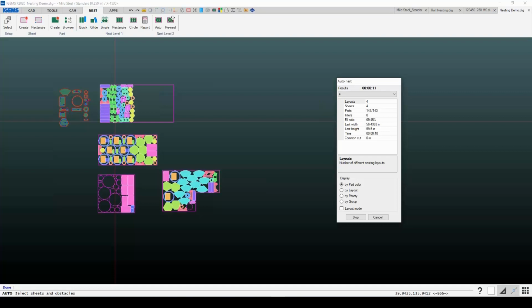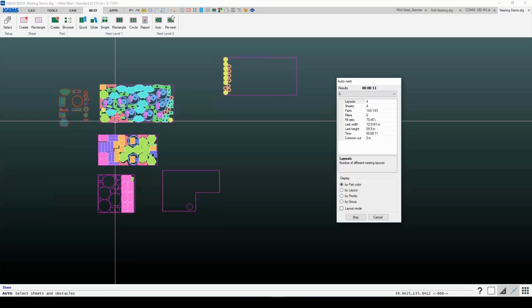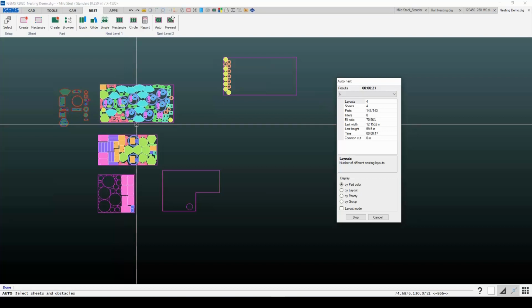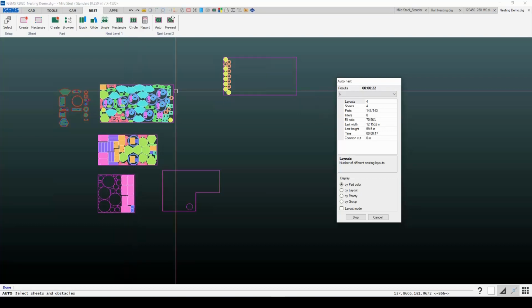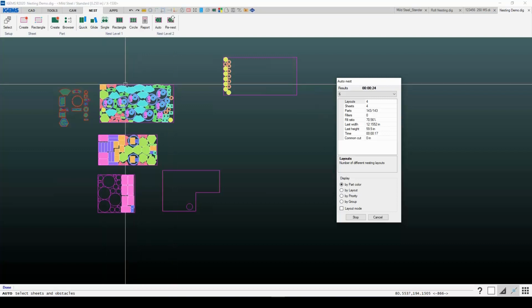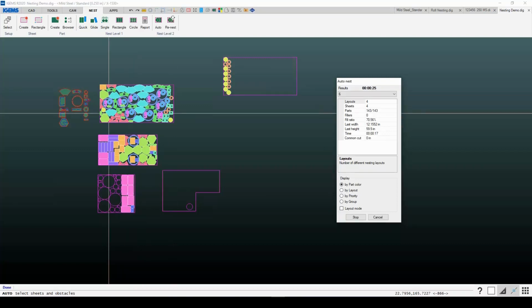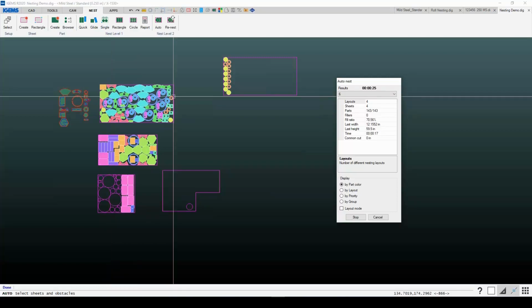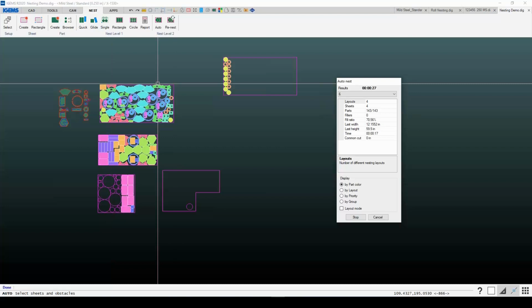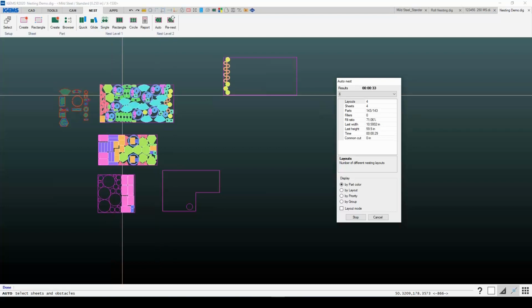So yeah, somebody asked a question about using iGEMS for nesting for multiple heads. There's a couple of ways that people will nest for multiple heads. If they, say, have 3 heads on their machine, they might take the sheet, in this case a 120 sheet, and use iGEMS putting all the parts on a 40-inch by 60 sheet, and then create a nest